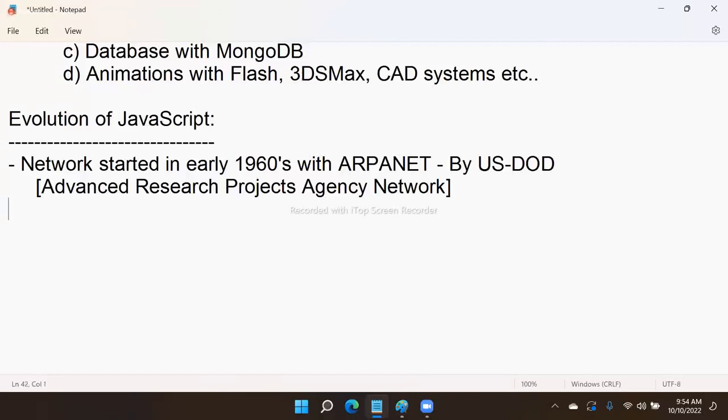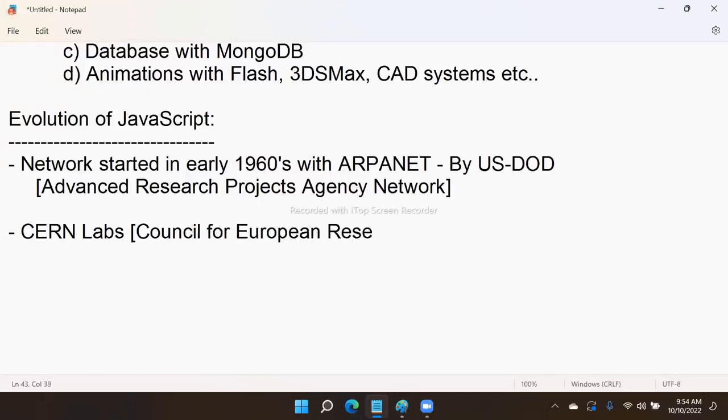Then a laboratory called CERN, CERN Labs. CERN is the Council for European Research and Nuclear, CERN Labs. These people at CERN Labs developed